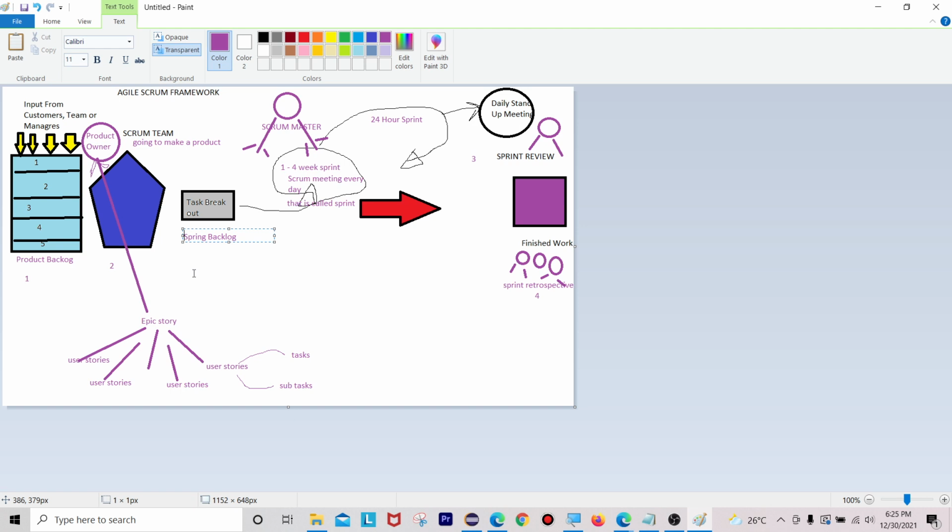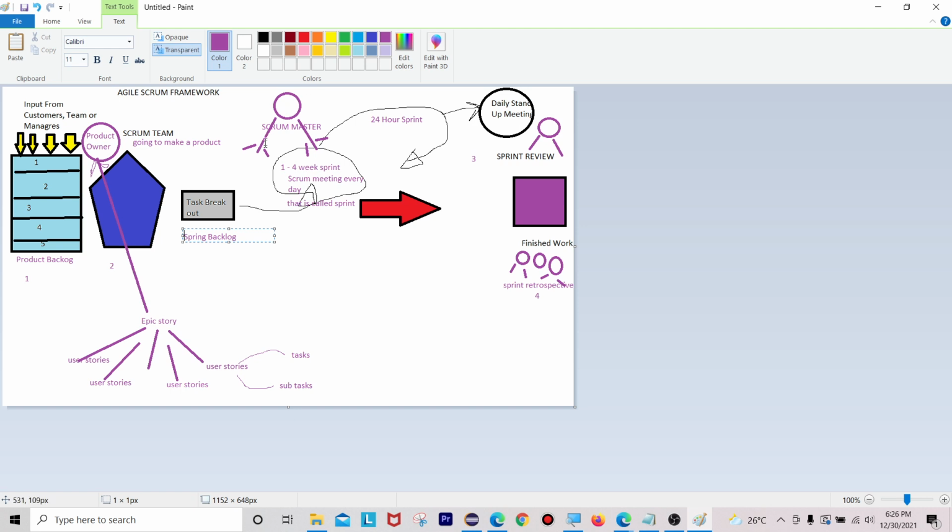Sprint planning meeting means the product backlog contains all the stories regarding the product, right? Product backlog, what is it having? It will contain the information regarding that particular product. It is not possible to execute all the user stories at a time or in a single sprint. For that you have to take like 20 stories, and with these 20 stories you are going to make a product in the sprint duration.